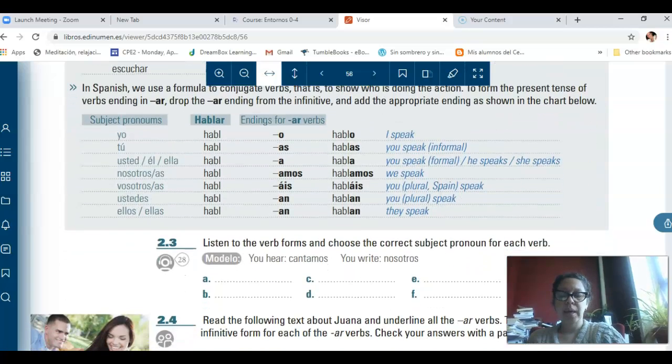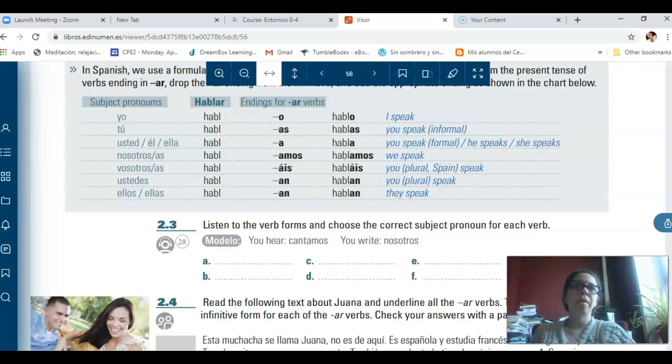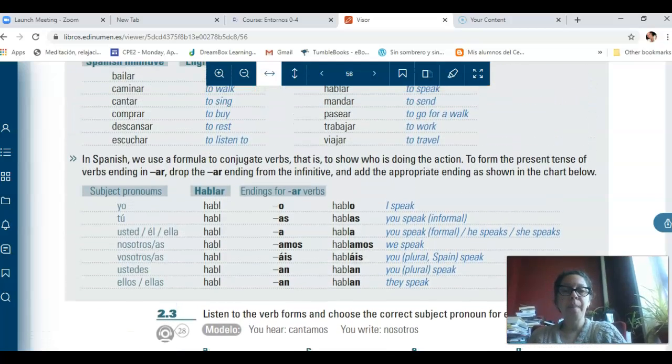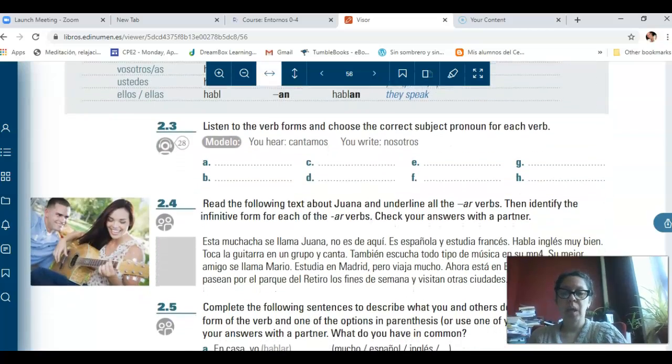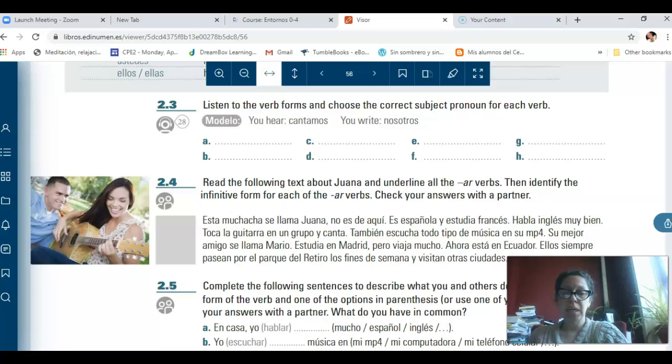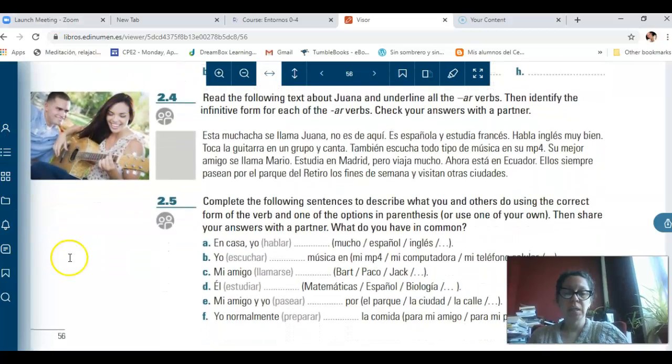Okay? So it's extremely important that you know how this is functioning. Once you have mastered this, you have, I will say, half of the way done. Okay? Half of the way done. So please study them carefully and practice. Okay? Practice, practice, practice. Do the activities here. Okay? The listening activity, the reading activities, completing in this case. Okay?